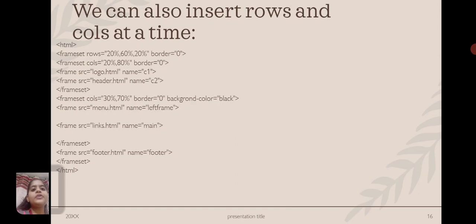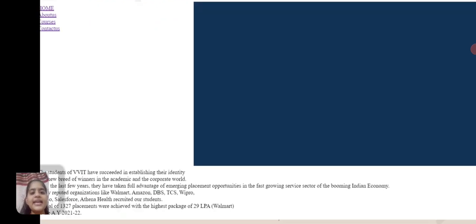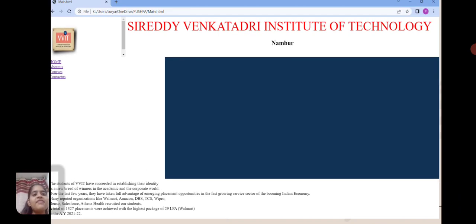In the third row I want to display the content of the footer.html. In footer.html I gave the content like this: the students of VVIT have been successful in establishing their identity and so on. So in this way we can divide our web pages into many parts as per our requirement.